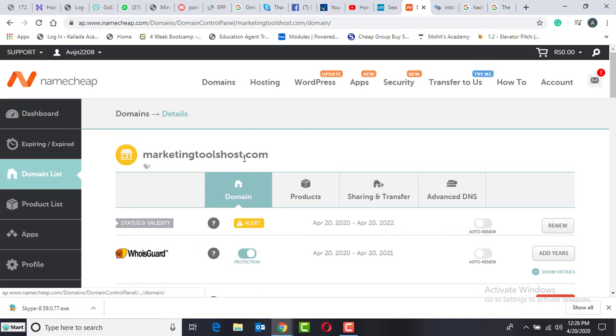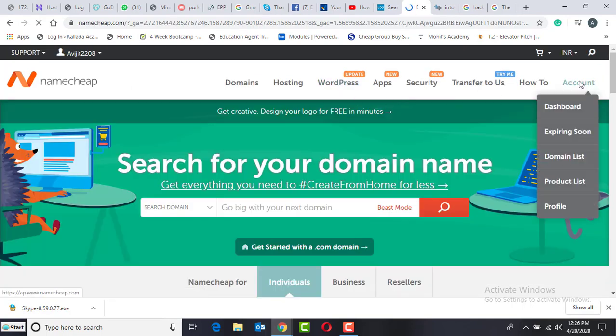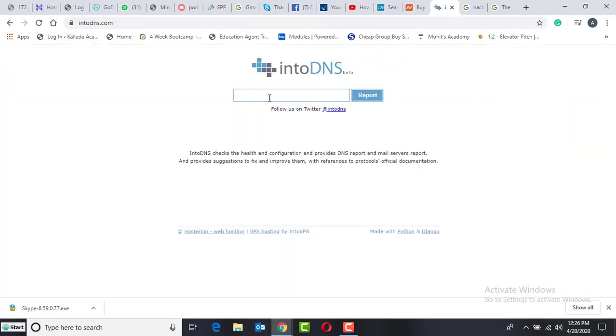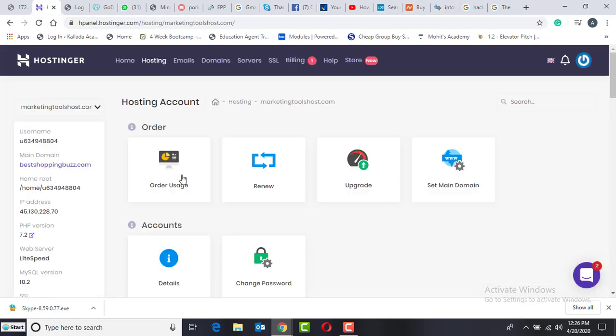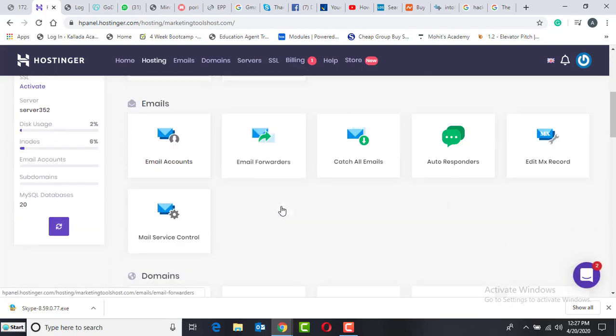We'll have to wait for it to get updated. So we're gonna just check marketingtoolshost.com on a DNS checker, to see where it is pointing. It's already done. But our hosting, see, now it has actually taken.